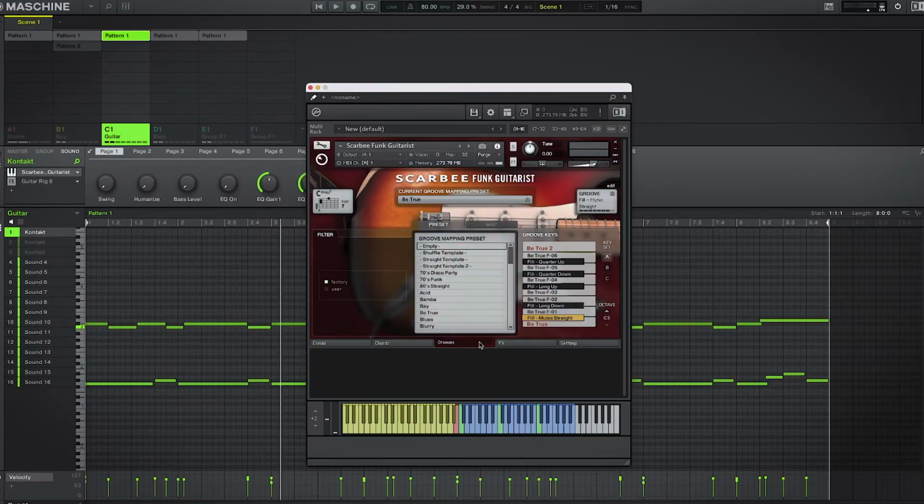When I sample from soul, R&B, and sometimes jazz, most of the time you'll hear guitars in the background. Although a bit older at this point, Scarbee's funk guitarist adds a great rhythmic element to your instrumentation. It basically splits the keyboard up into two sections, the yellow section being the chords, the blue section being the